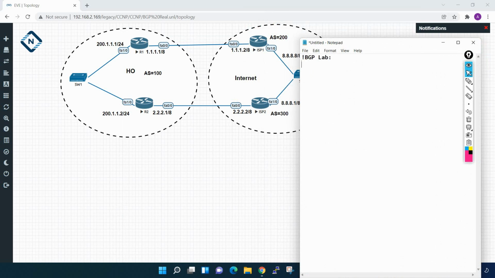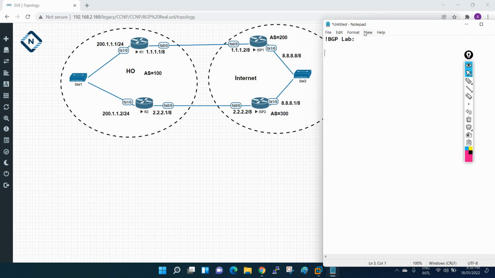Here we are going to modify the route, but we will do that later. First we need to configure the BGP. So let me do the R1 configuration, gateway 1 configuration. First we need to have the IP, so let me go into global configuration mode and write the hostname as R1, and then interface FastEthernet 0/0. If you see, this is FastEthernet 0/0, so I am going to assign this IP. Okay, ip address 1.1.1.1 255.0.0.0 and then we will write no shut.